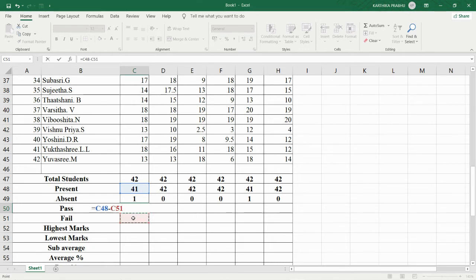Always when we are doing percentage, pass, fail, everything, we will not take the entire class strength. We will take the count only from those present for that exam. So this is C48, the number of students present, minus C51, the number of students who failed. Now I am pressing enter key. Now it is 41 because I don't have any value here.